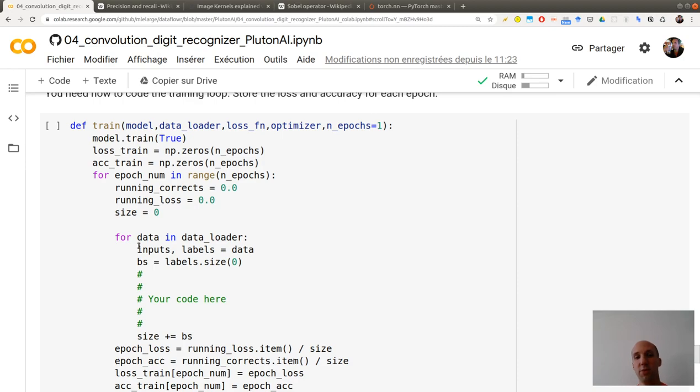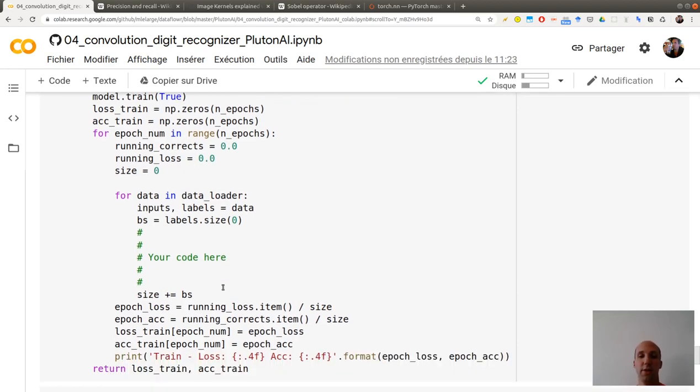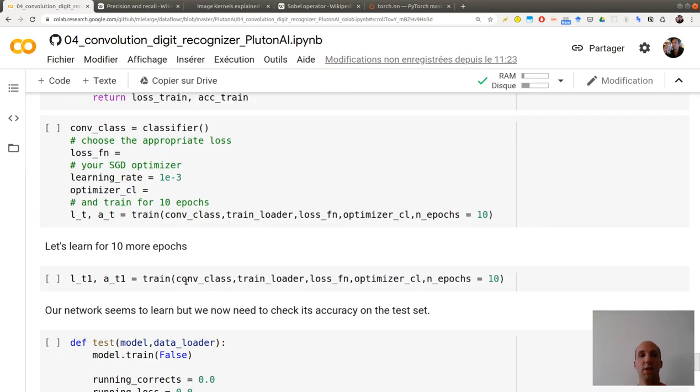So this input is an image 28 by 28, and this label is just the digit, whether it's a 0, a 1 or an 8. And it's a batch, so BS is the batch size, and then you have to put your code here in order to learn the parameters: define a loss function, an optimizer, and do the training for a few epochs.